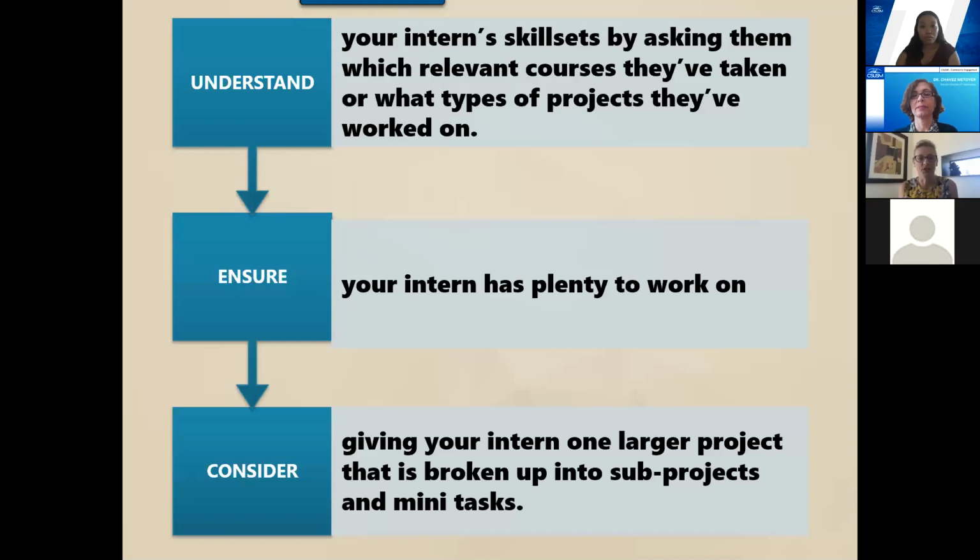They get very excited if they have projects that can start and end, or even start and hand off to that next intern. One of the great questions to ask an intern if there's a project that they couldn't complete just because it was so large is to kind of leave a legacy to this next intern and ask them to say, hey, what would you recommend for this? Tell the next incoming intern ideas that you have for bringing this into the future. So really having that conversation with the intern is helpful.